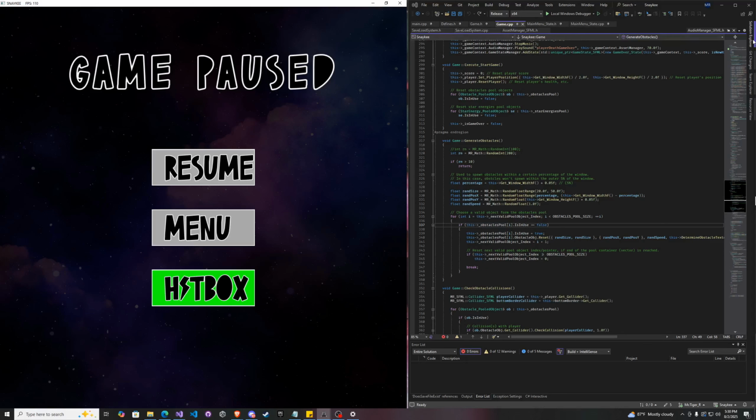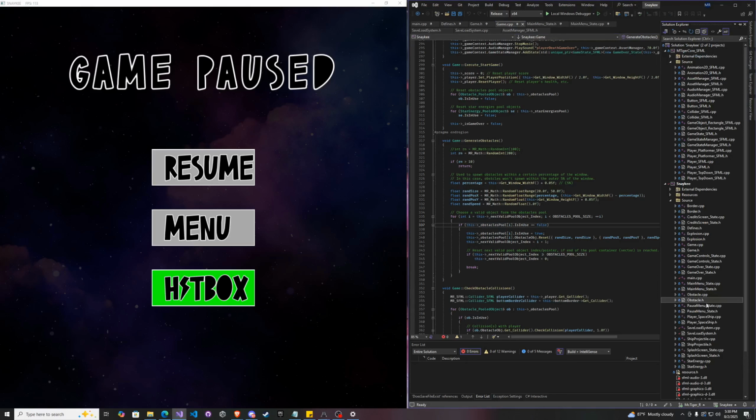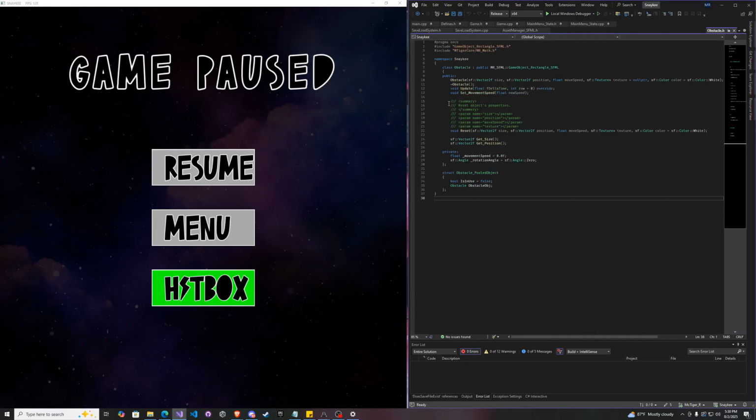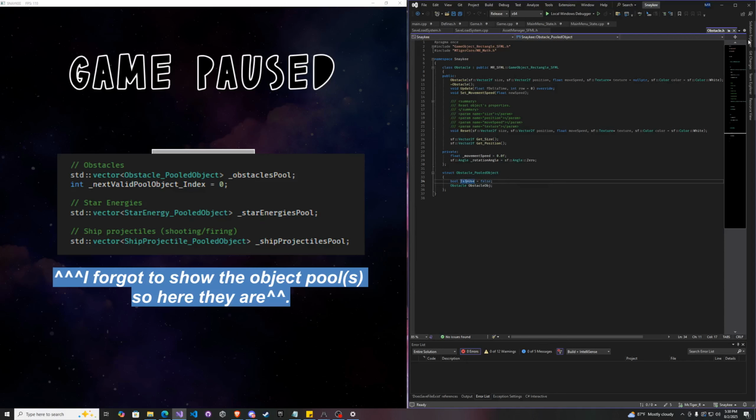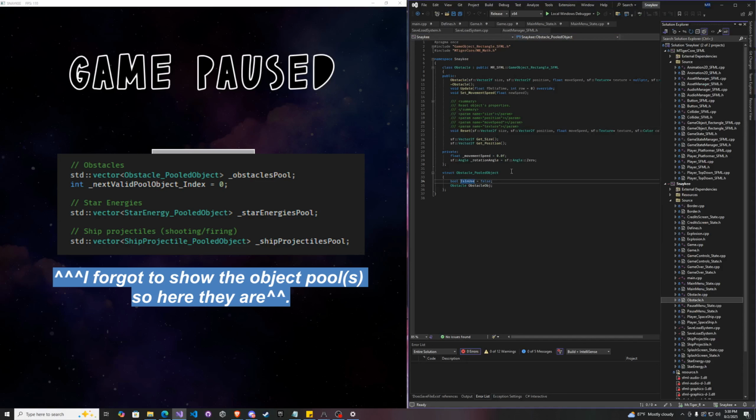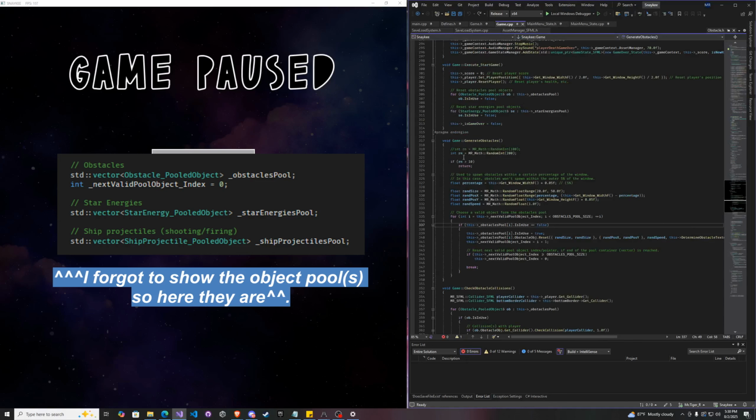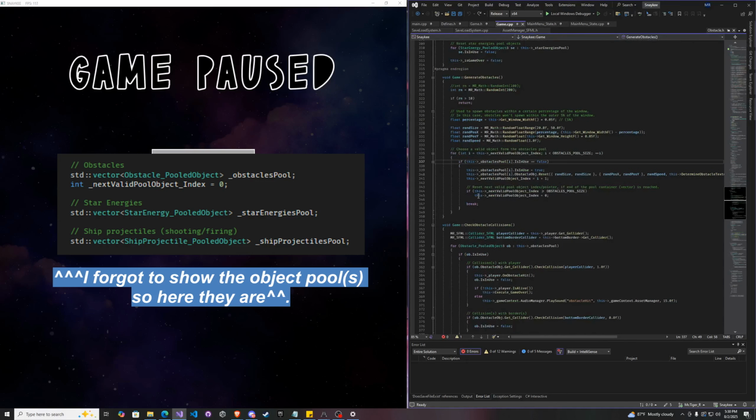So, for example, let me pull it up. So I have this obstacles class. So this is the obstacle object, and then I have a struct that holds an instance of said object and also a boolean which keeps track of whether it's being used or not. And whenever it is time to, let's say, generate an asteroid,